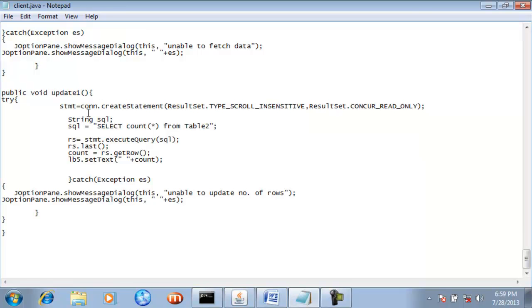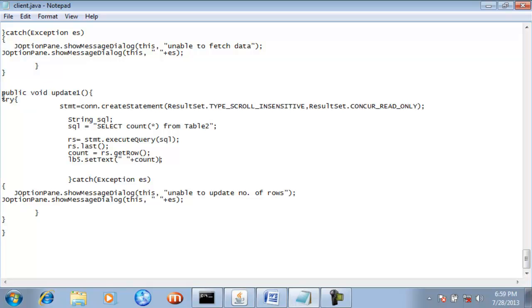And here you can see, guys, that we have used the same Statement object and the same ResultSet as an argument. We have used the SQL query, means here is your SQL query and whatever the ResultSet object, and we have executed it. So basically, guys, what we are doing with the help of this update one method is trying to find out the total number of rows after inserting that record in that database.